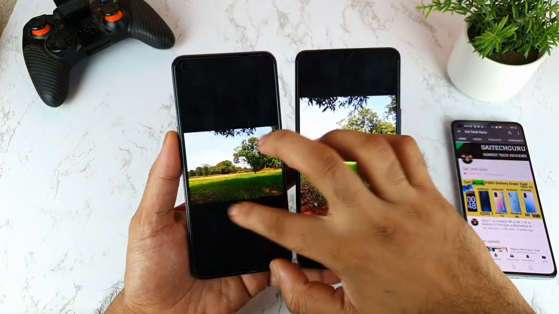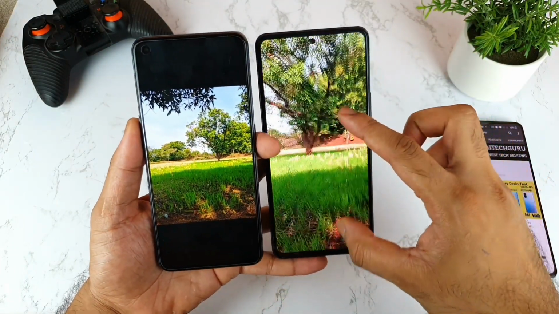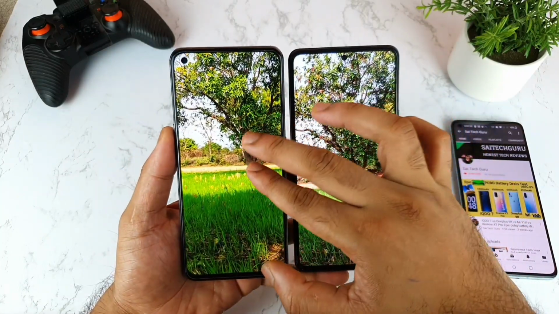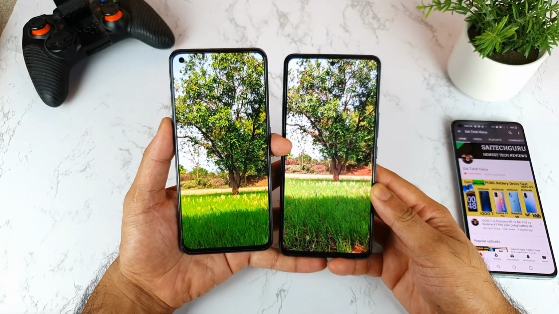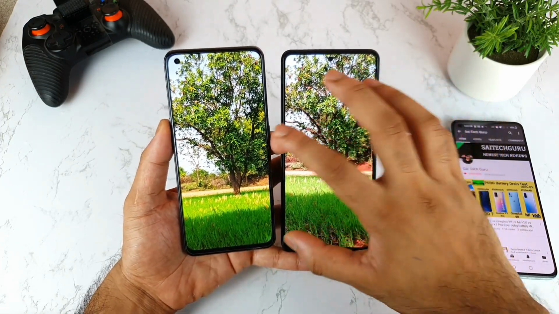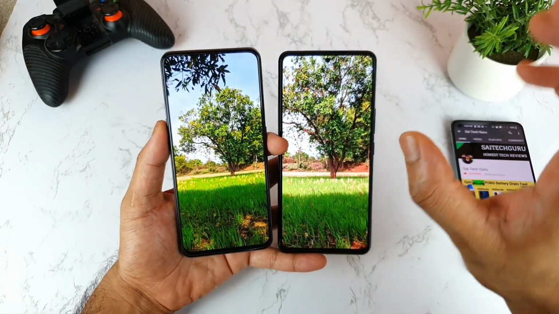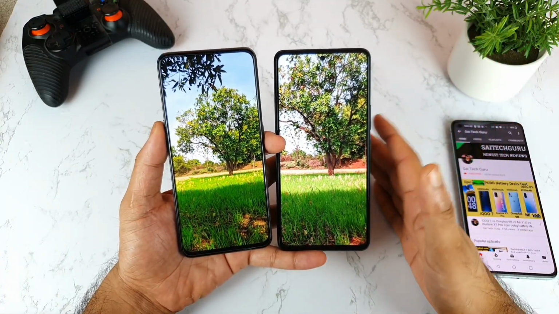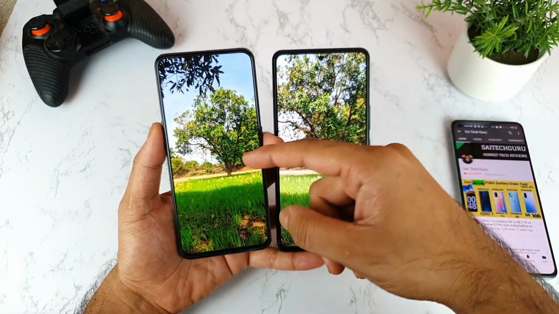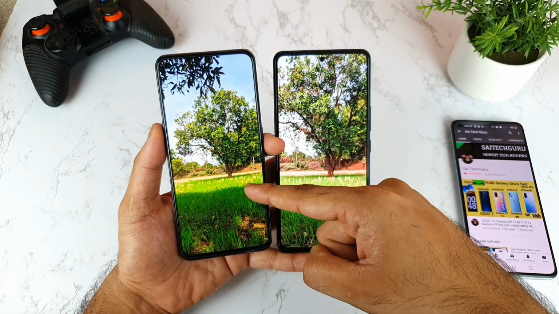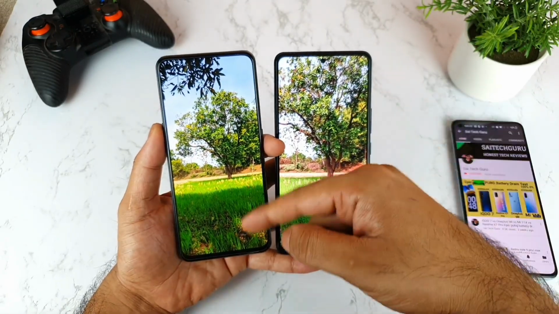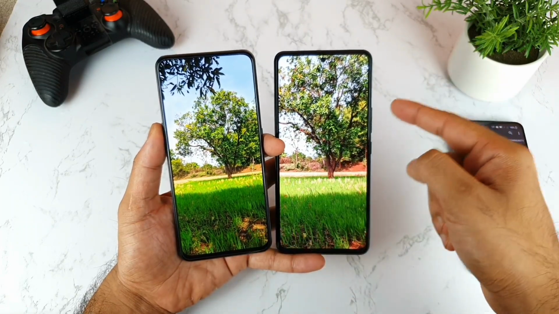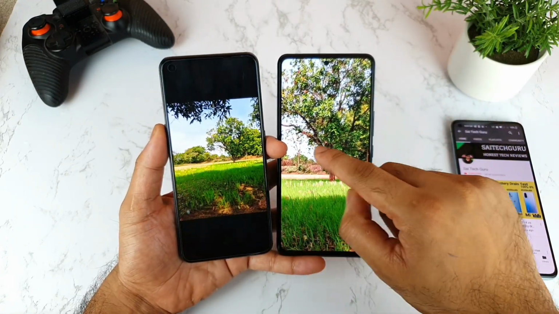I'm ready to show you another image. This is another shot which I took in both phones. As you can see friends, this is a shot which looks really good in both phones. Actually I did not find much difference, friends, with Gcam and without Gcam in the IQ7 device, but I did find a lot of difference in the Realme X1 Max. With Gcam I did experience slightly more saturated colors after taking the shot, but in the IQ7 device I did not observe much of the difference overall.